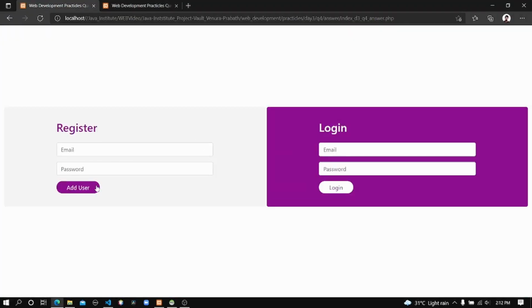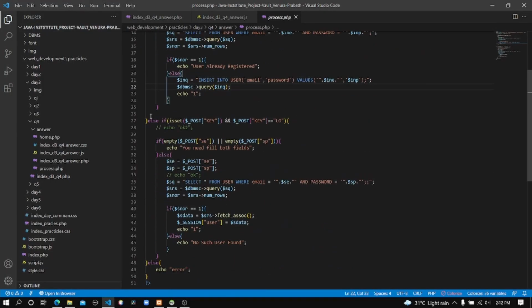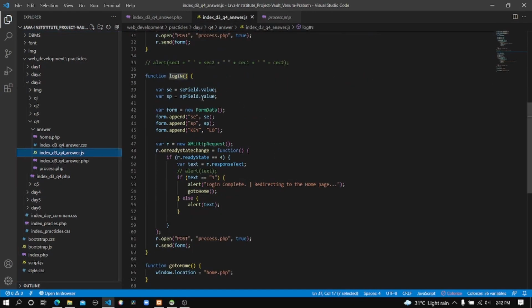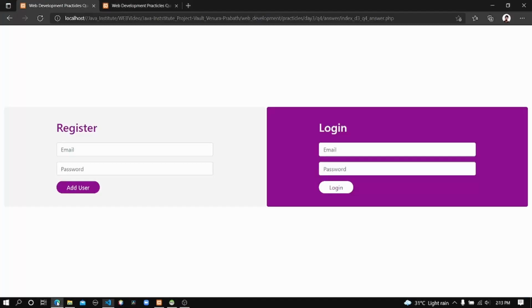Let me go, click on this add user button. Let's go back here. If someone clicks on the login button, after that you can see this code line will execute with the function. When the function executes, here you can see I created two separate variables to store the email and the password values in these login areas.